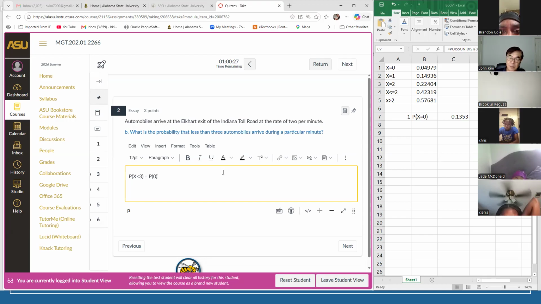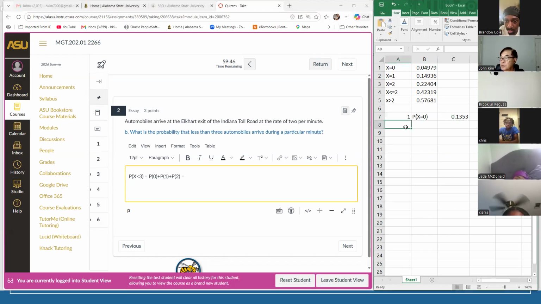Instead of that, P0 plus P1 to save time plus P2. So less than 3, because there is no equal sign, up to 2, and cumulative. If you use a formula, then you need calculate each one and add one by one and show all calculation. But if we use